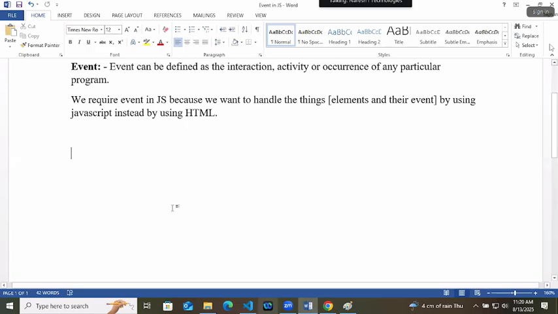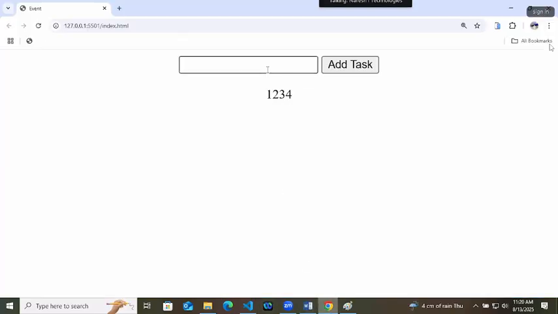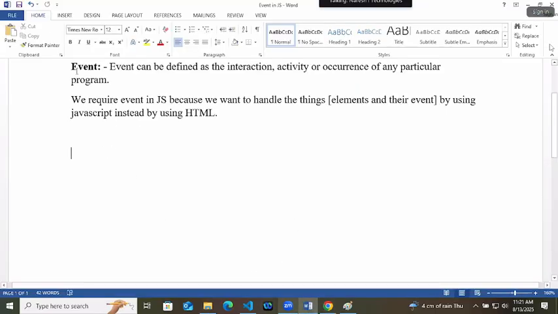Why are we required to do this? By using JavaScript, JavaScript can dynamically manage them. HTML will load everything statically. And if JavaScript is managing something, it will be faster in nature. Right? If HTML is loading something, then it will be slow in nature. So those are called the events in JavaScript.